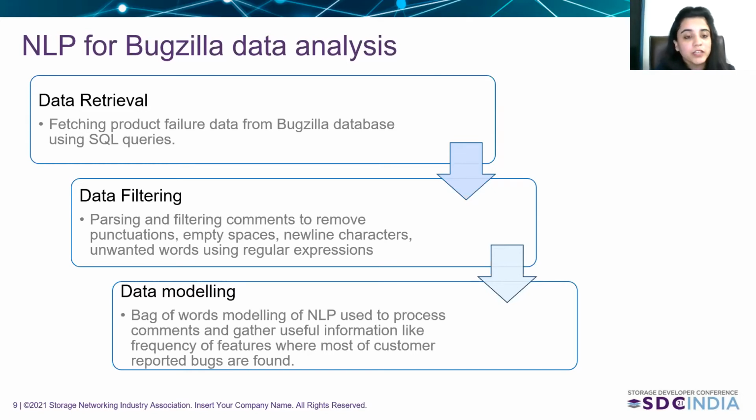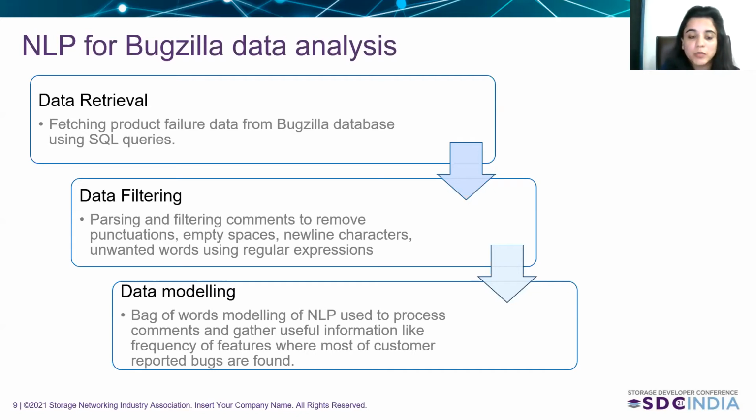But it only gave us some of the high-level components which were involved in the occurrence of the bug. It was not giving us the complete picture of all the features which were involved in the occurrence of that bug. So we started exploring the comment section of the bugs and found that we were able to get a good amount of features from the comment section.